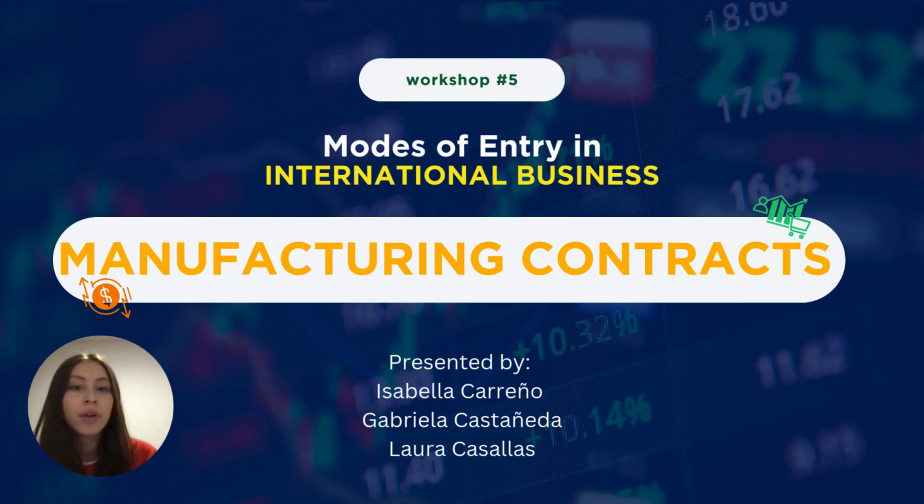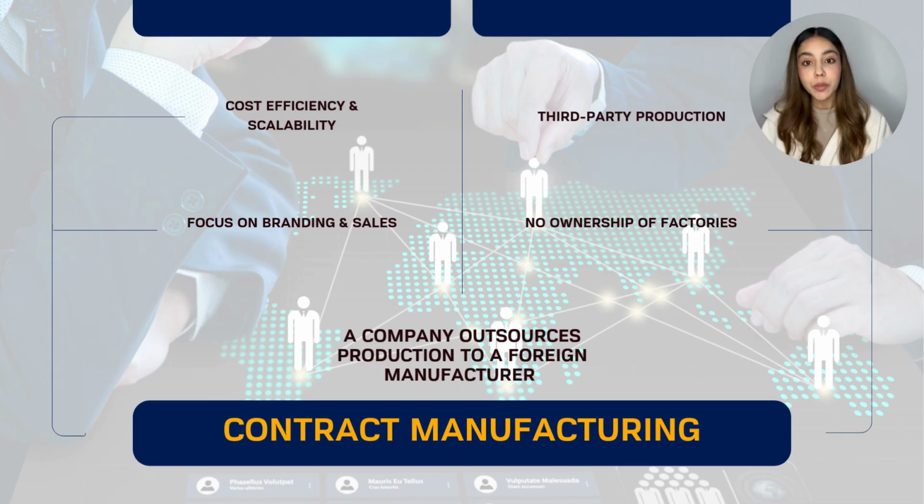Today we're going to present one of the modes of entry in international business, which is manufacturing contracts. One common way companies expand into international markets without major investment is through contract manufacturing. This is when a company, let's call it the contracting firm, hires a third-party manufacturer in another country to produce goods on its behalf. This model allows firms to scale production, reduce costs, and focus on branding and marketing while someone